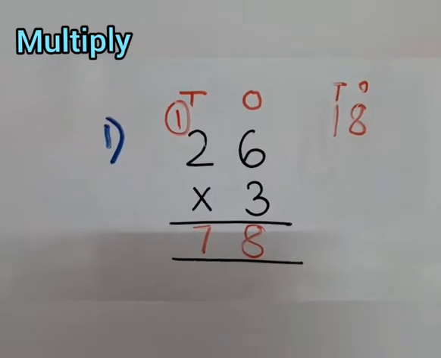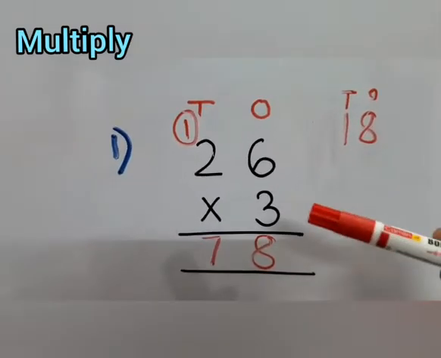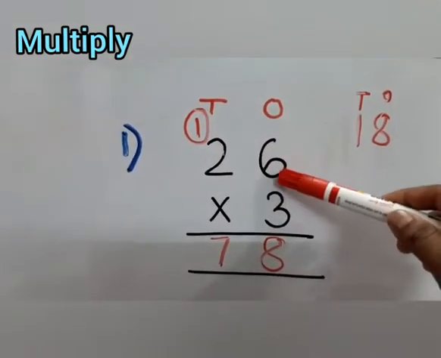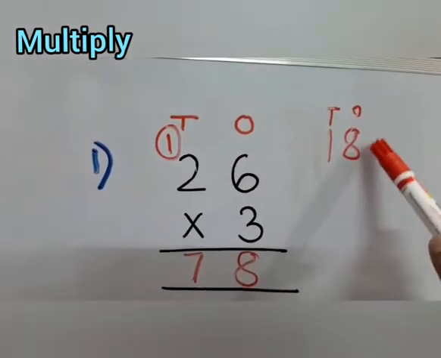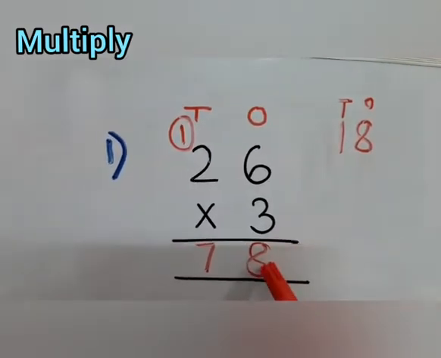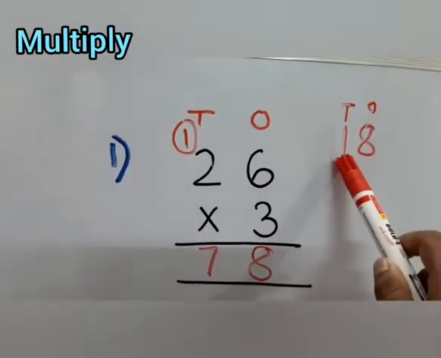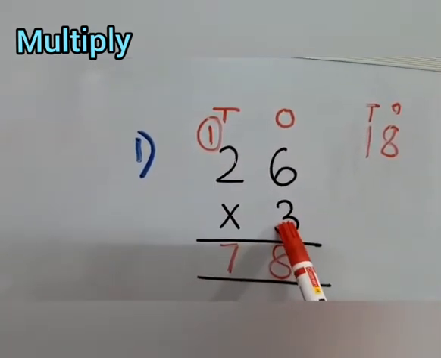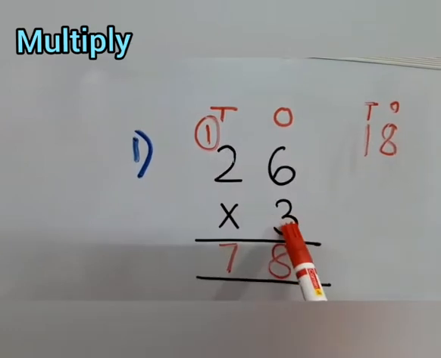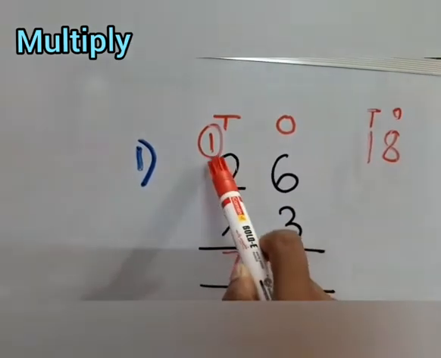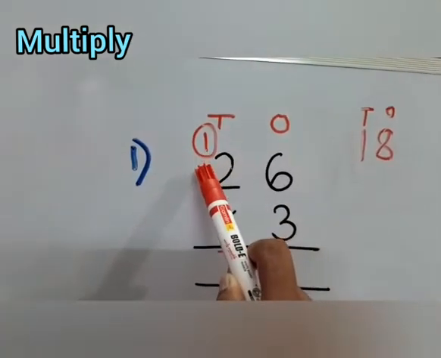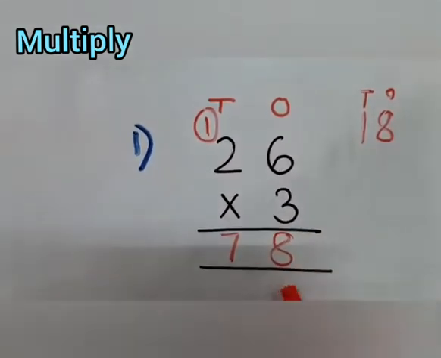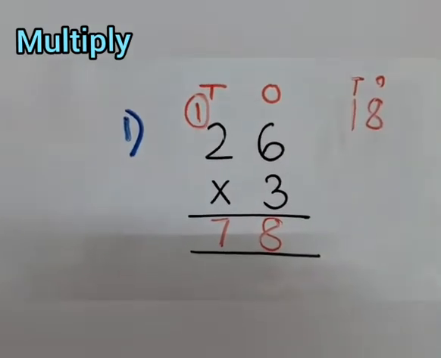So once again I am telling you this type of multiplication. First we have to multiply the ones digit number. So 3 6s are 18. The ones digit number we will write here, and the tens digit number will be carried to tens place. Then we will multiply 3 with the tens digit number, that is 3 2s are 6, and this carried number we will add. So 3 2s are 6 plus 1 is 7. So the answer is here 78.